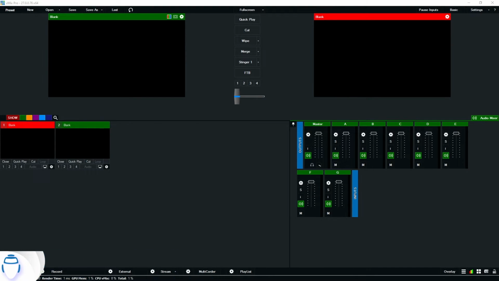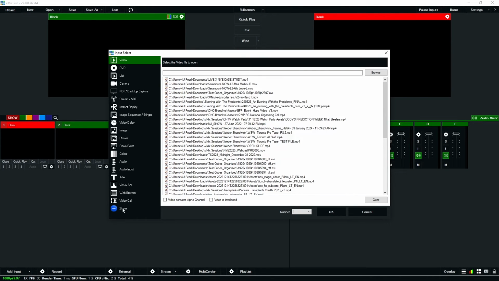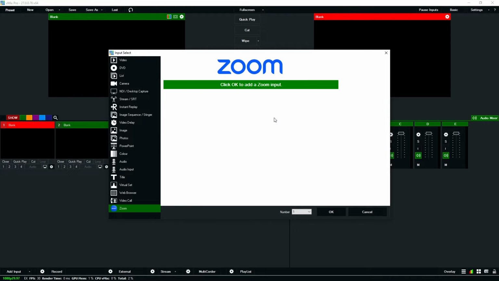Now, in vMix 27, they actually added a Zoom input so you can bring Zoom directly into your vMix sessions. So all I have to do is add input, and then go to the bottom for Zoom. Now, once I do this, if I don't have a plugin, there's actually a Zoom plugin that you'll have to download. It'll tell you to download it right here. But since I have it, all I have to do is click OK, and then the Zoom input will be